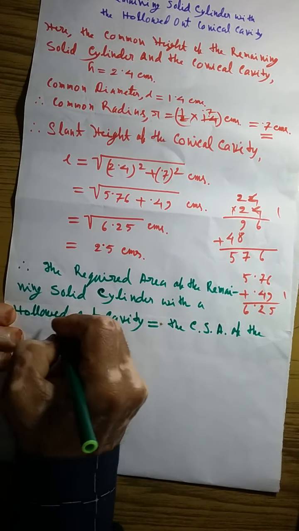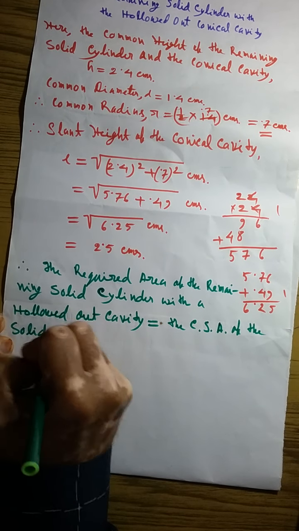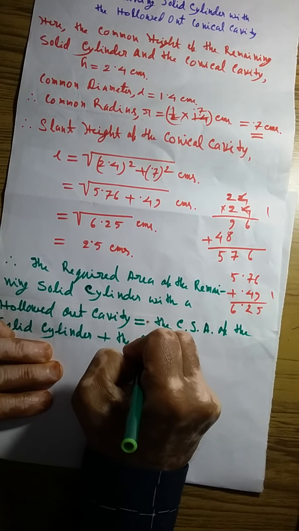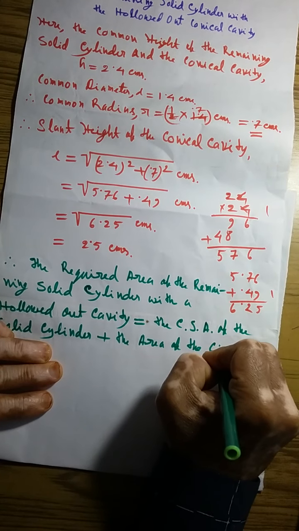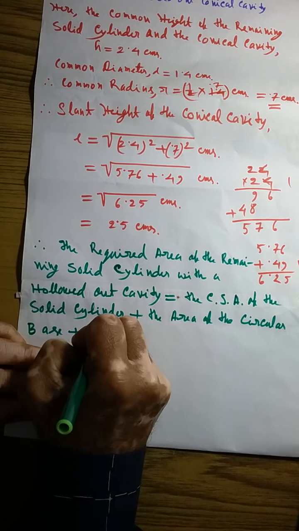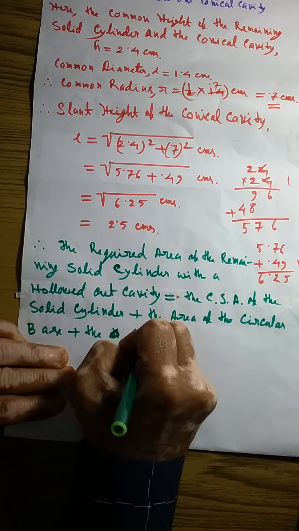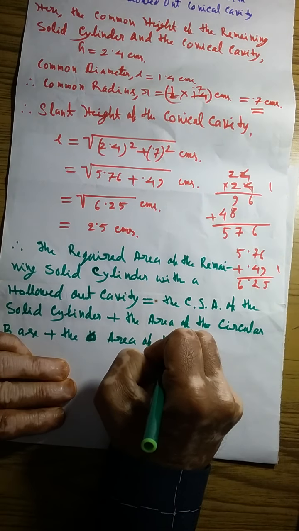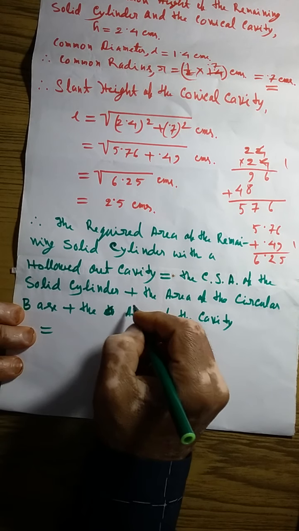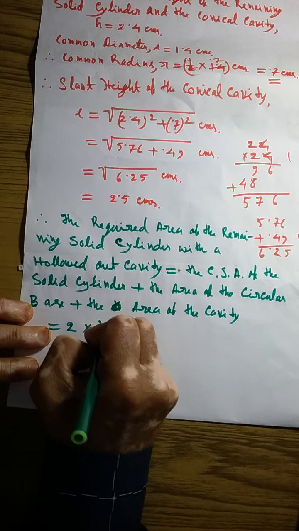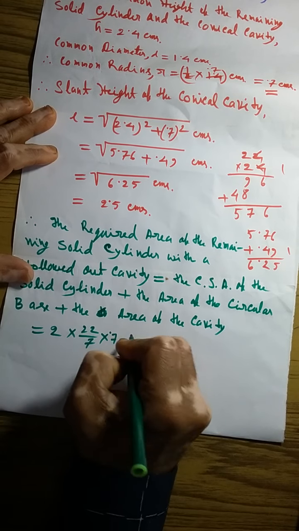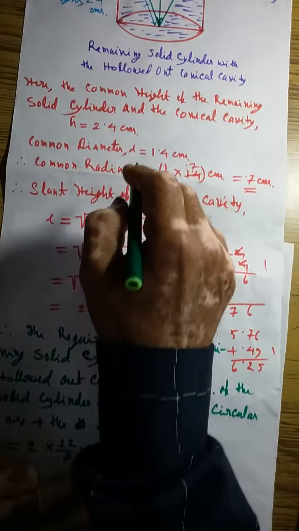the solid cylinder, curved surface area of the solid cylinder, plus the area of the circular base plus the area of the cavity, which is again equal to the curved surface area of the solid cylinder, which is twice pi r h, that means twice 22/7 into r, that means 0.7 into height 2.4